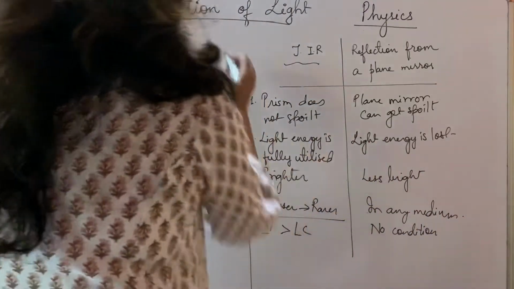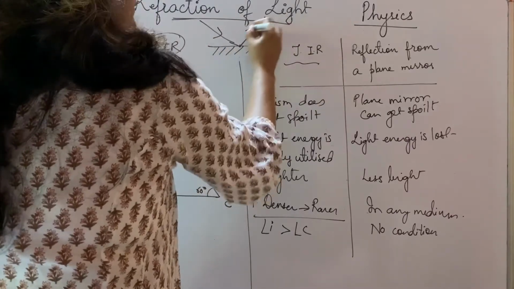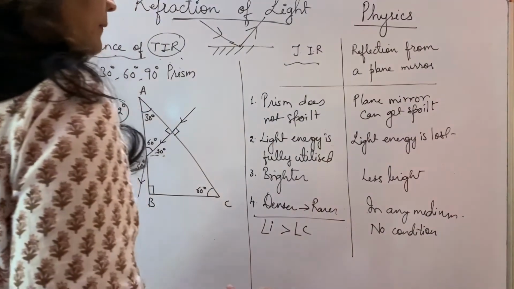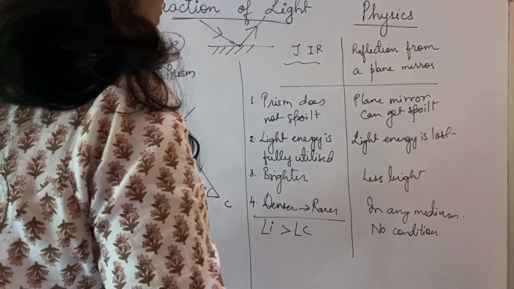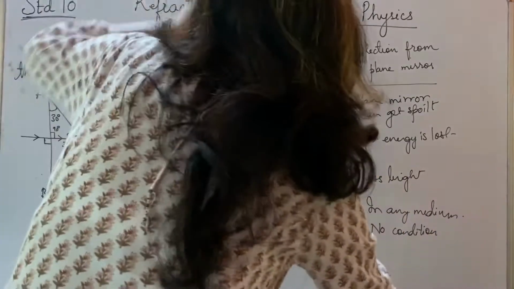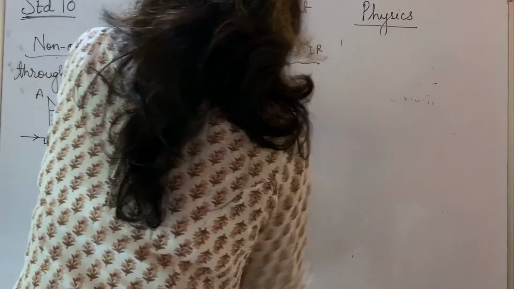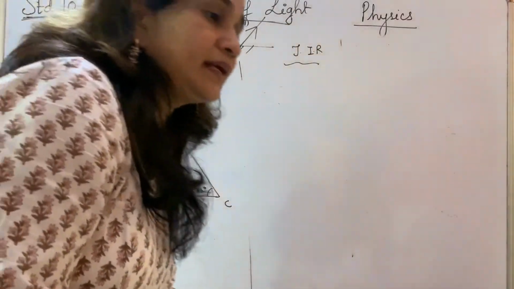Reflection, what do you mean by reflection? This is a plane mirror. Any light falls on it, it will get reflected back. It doesn't require any condition, but TIR requires a specific condition. So these differences are mostly asked in the exam, so you should know why it is used. Now the last thing I want to tell you is, in TIR, that is total internal reflection, they can ask you what are the uses or where have you seen TIR in your daily life.